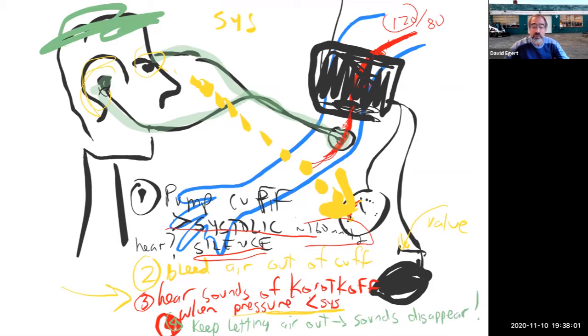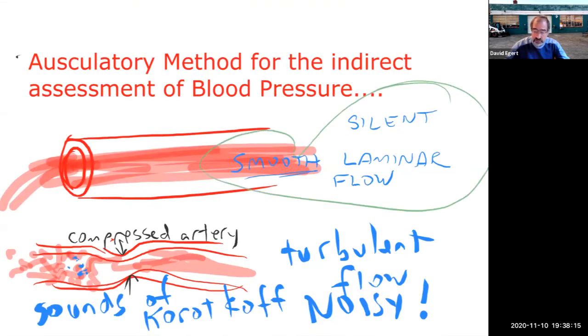What does that mean when those sounds disappear? Diastolic pressure. Yeah, so remember we talked about the idea of silent laminar flow. This means that the artery is not compressed at all. That means that the lowest pressure that is inside here is still bigger than the pressure outside. So there's no compression. We're not squishing this thing at all